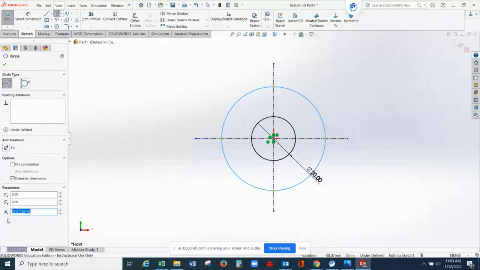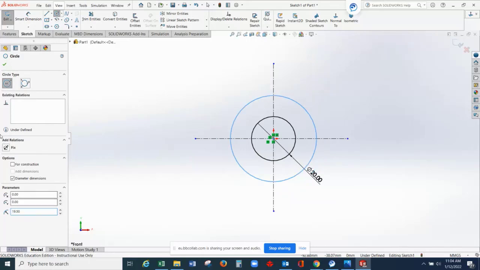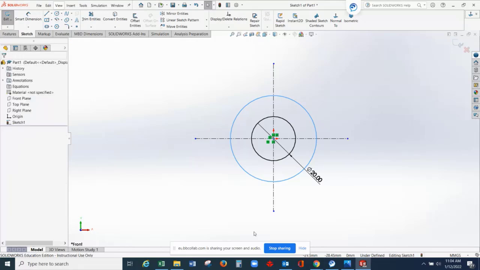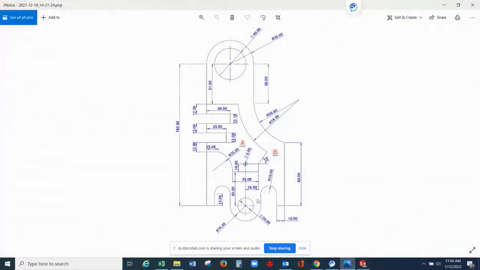The radius, you can come to this properties manager and type directly the radius at the bottom here. This is 19.5 millimeters. Press enter, select the green check mark. Double check your drawing. I have now these two circles.